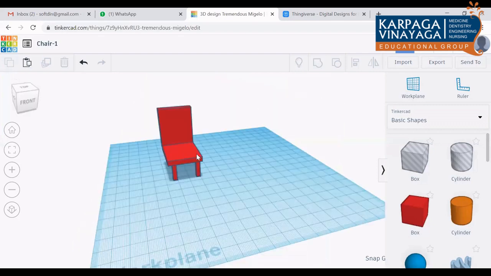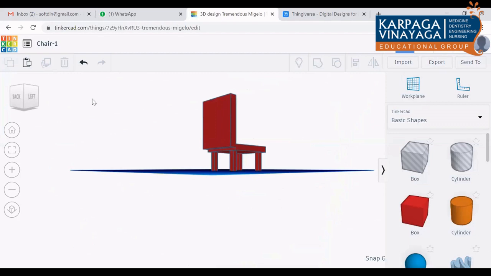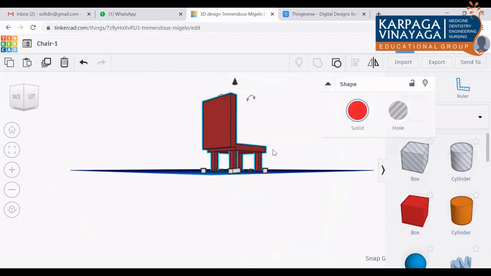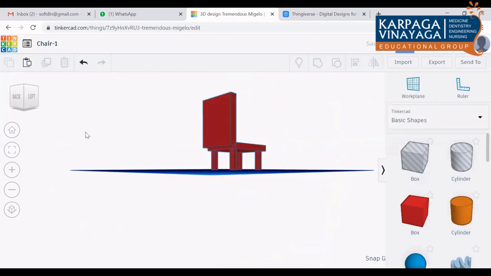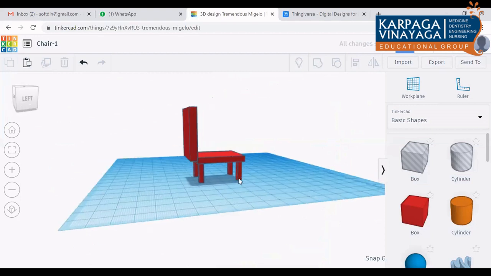Once you complete this, the back portion is overhanging. If you want, you can move and place it there. I will ungroup. When we are doing 3D printing with this, actually supports will come here, on the backside.